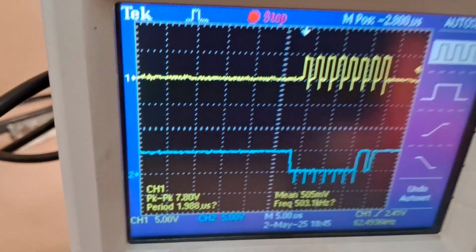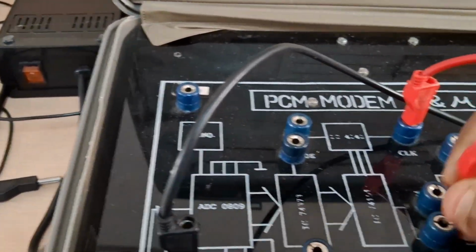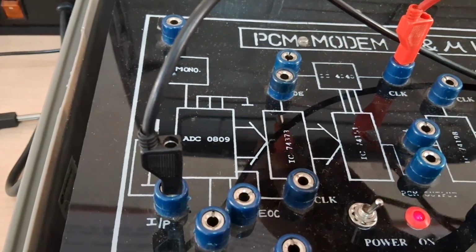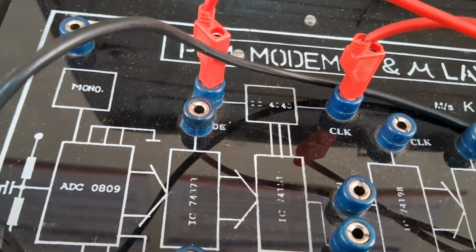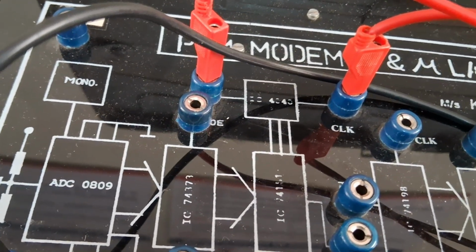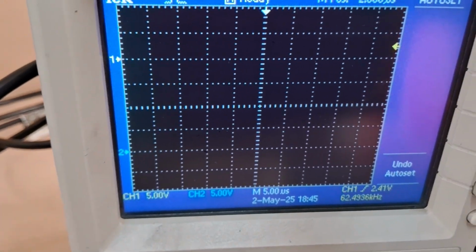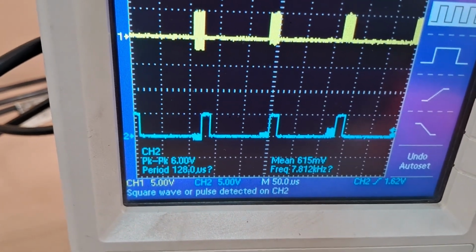Now what I'll say next is, you have the reset, that is, your clock will be reset after the 8th clock pulse. So what I am saying is, the 4040 clock pulses with the reset which has been there. Once again, auto set. What you can see is the 4040 clock is reset